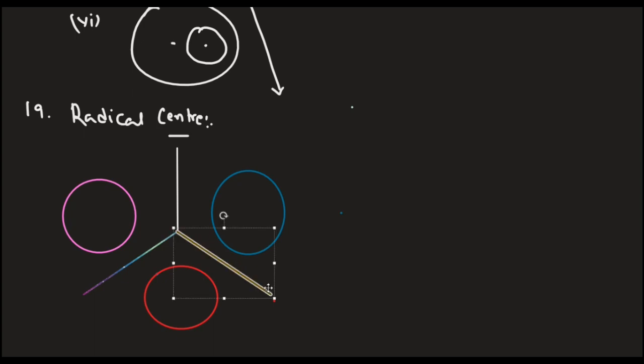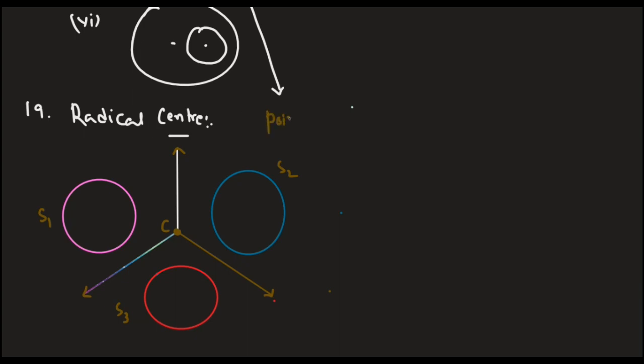So we observe that the point of intersection of the radical axes of the three circles taken two at a time is known as the radical center. This is my circle 1, this is my circle 2, and this is my circle 3, and this is the radical center C. Now the definition of the radical center is: